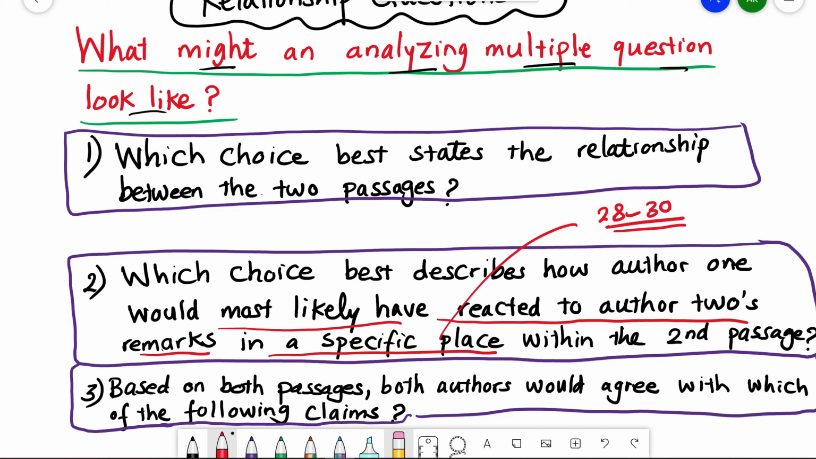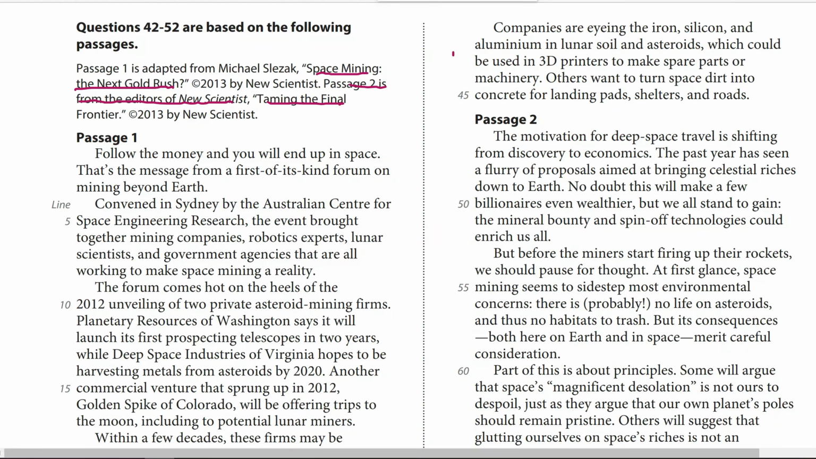Okay? Number 3: based on both passages, both authors would agree with which of the following claims? These are the most commonly tested questions, what we call multiple text questions or relationship questions, that we're going to see in the pair passages. Something that's common to all of these questions, and this is what you must do, is that you